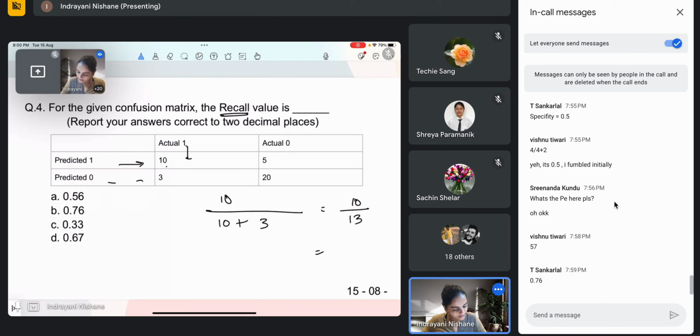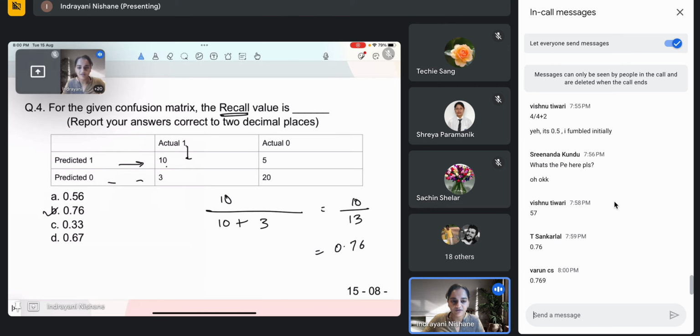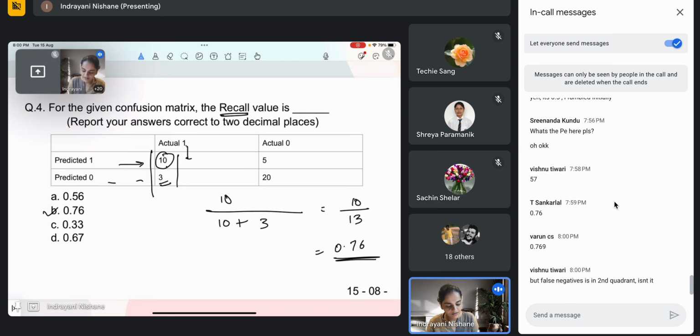Yeah, 10 by 13, this should be the answer, 0.76. Roughly 0.767 or 0.769. So this is the correct answer. So this is 10 and 3. So as you say, recall is how many actual positive values are correctly recalled. So this column. So another way to remember is